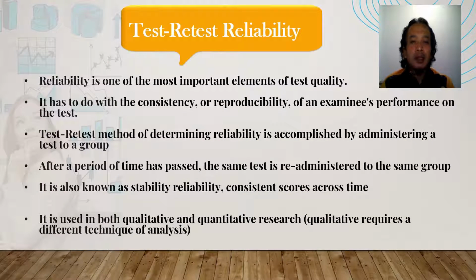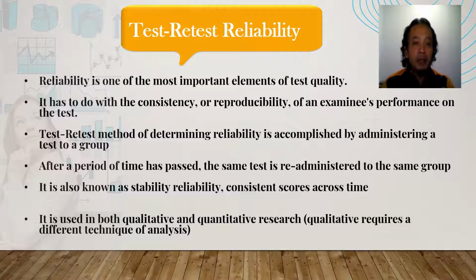Test-retest reliability. Reliability is one of the most important elements of test quality. For example, if you were to administer a test with high reliability to an examinee on two occasions, you will be very likely to reach the same conclusion about the examinee's performance both times. A test with poor reliability, on the other hand, might result in very different scores from the examinee across the two test administrations. If a test yields inconsistent scores, it may be unethical to take any sustained action on the basis of the test.